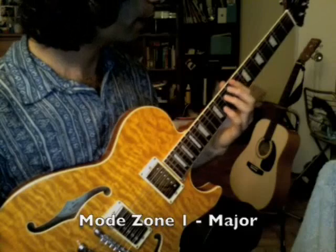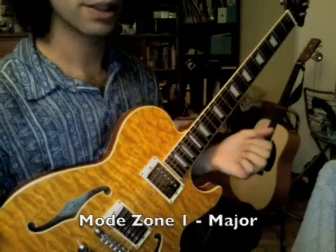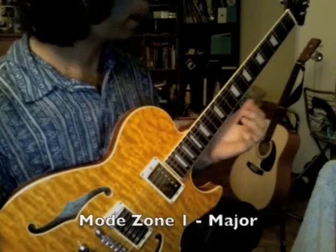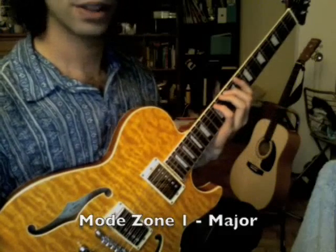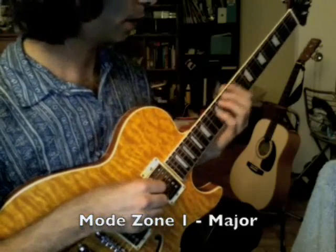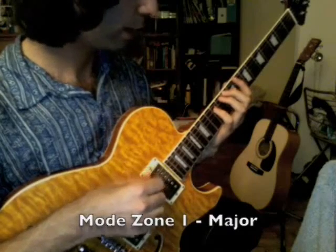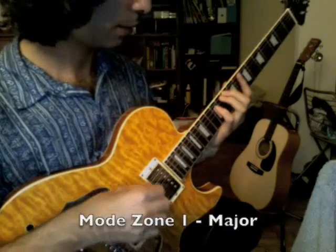The second note, this is a stretch scale, so it may not be the best place to start when you're learning a scale, but as far as just understanding how the mode zones work, it's a good place to start. So we'll start with a C, first scale degree, second scale degree with your second finger,